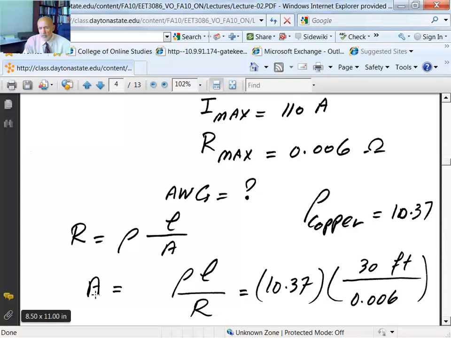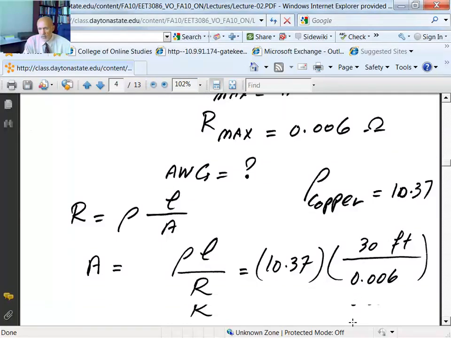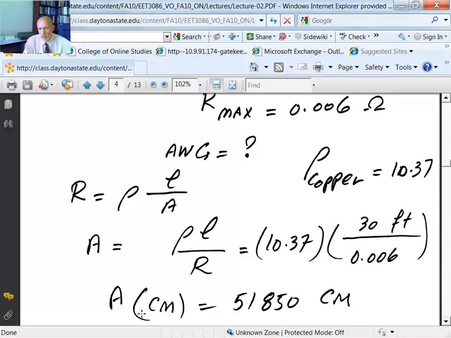All right, so it's copper, so A would be equal to rho times L divided by R. Rho is 10.37. Again, that's ohm circular mils per foot. So you must make sure the length is in feet, which it already is, 30 feet. Divided by a resistance, which has to be in ohms, which is 0.06. So from here you can determine your cross-sectional area in circular mils, which is